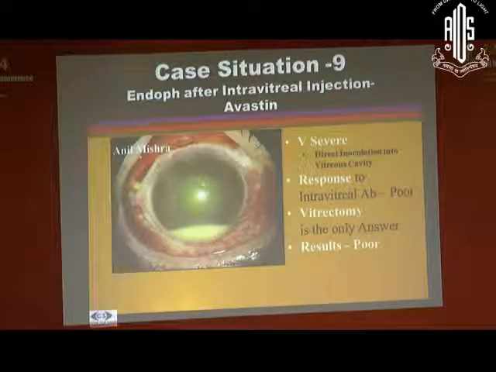This is one patient who, not from our place, was referred to us after Avastin. The doctor said that a fresh vial of Avastin had been opened, but unfortunately, this patient developed endophthalmitis. Could not save this eye because the endophthalmitis was very, very virulent. You can see the picture when he presented to us, full of hypopyon. He did undergo vitrectomy, but functionally could not improve.